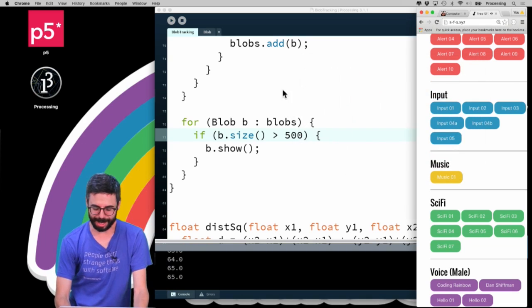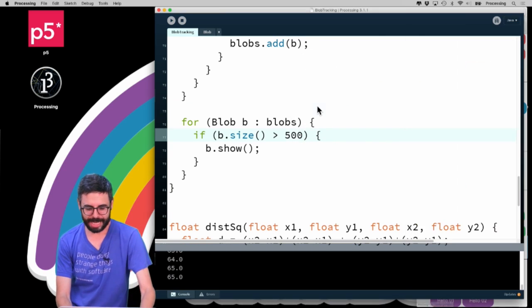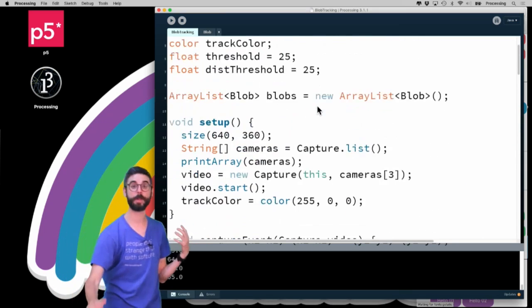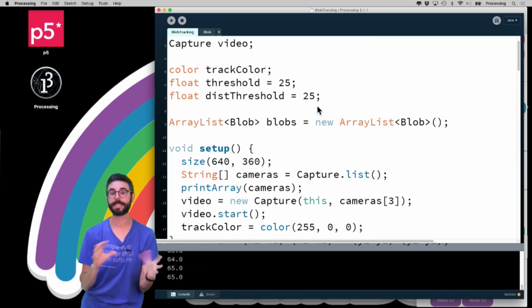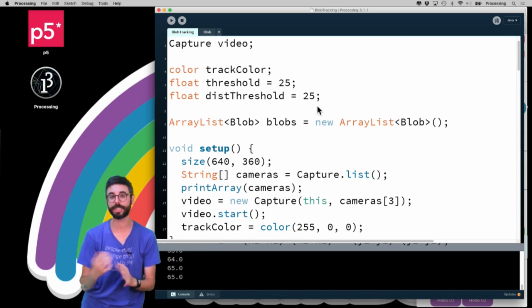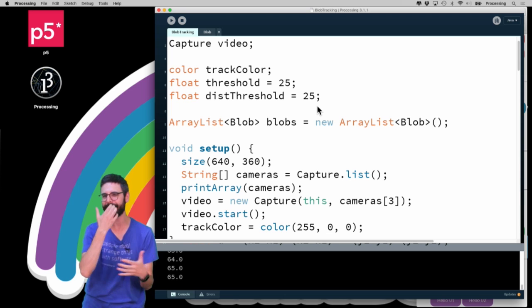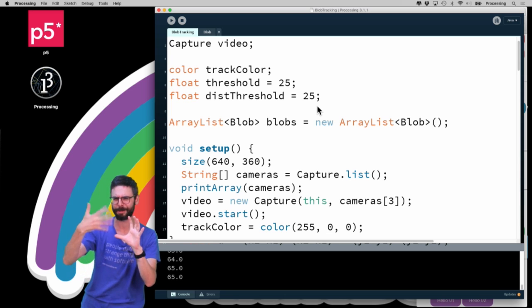So this, I think, stop music, Steve. So I think I've shown you the basic idea of the blob algorithm. There's a bunch of things I could improve here. One, I could make a nicer interface to tweak these thresholds of color, the distance threshold. It might be nice to draw the blob rectangle with some alpha so I could see